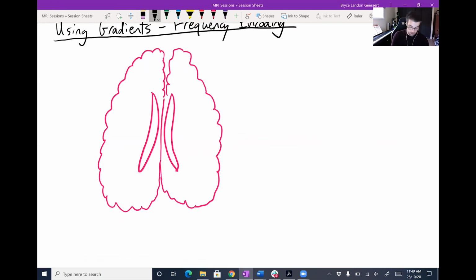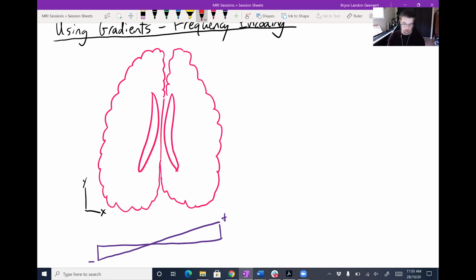Okay, so we have a brain here, and we're going to apply a gradient in the typical X direction. I'll just draw a coordinate system here. X direction would be left to right in this brain. We're going to apply a gradient that's negative to positive in the X direction. I'd love this to be more balanced. Now it's just the other way. Fine. Okay, so if we have spins, or protons, that are in different locations in the X direction, they will